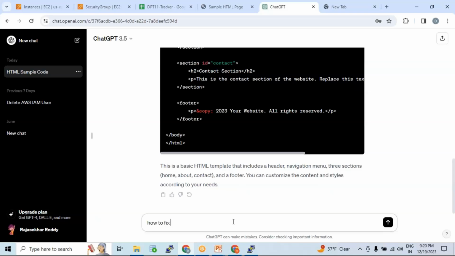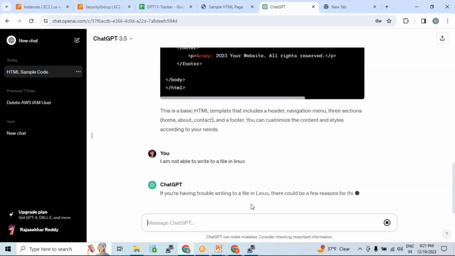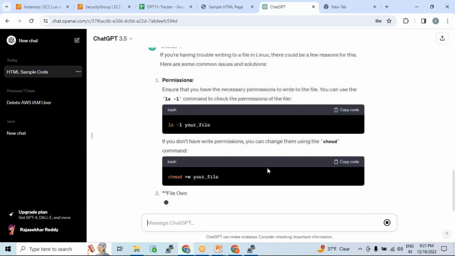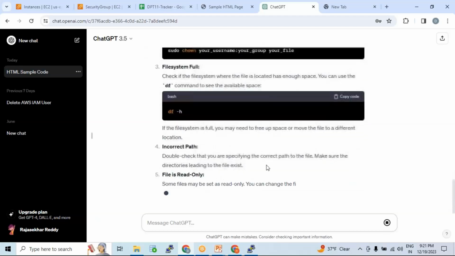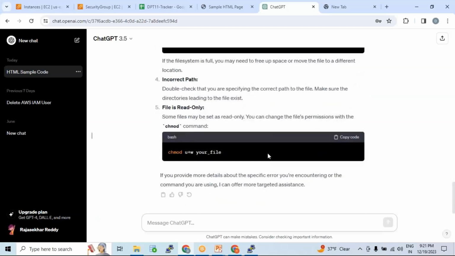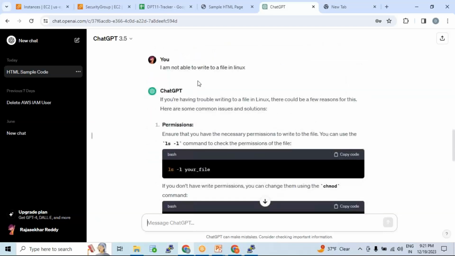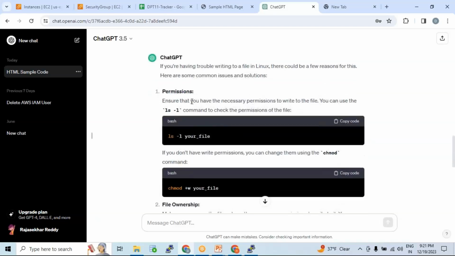How to fix, let's say, not able to write to a file in Linux. Okay, interesting, right? So I'm not able to write to a file in Linux, and it is telling, hey,